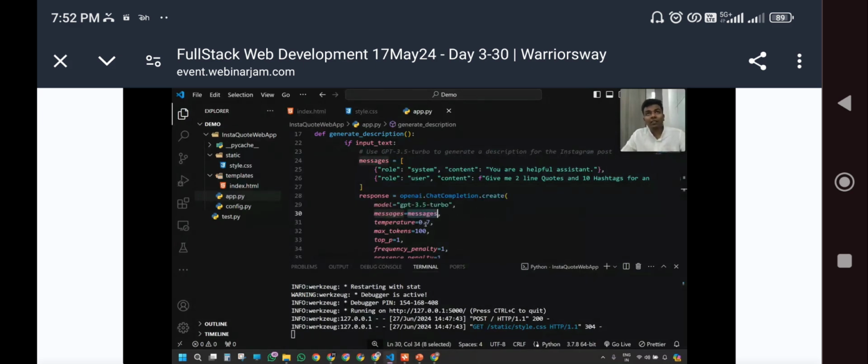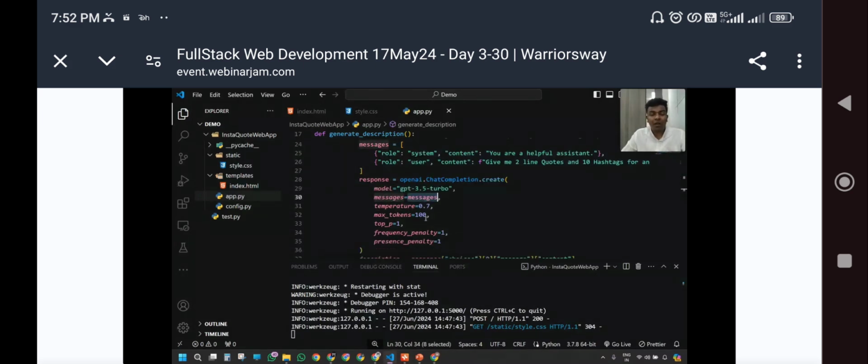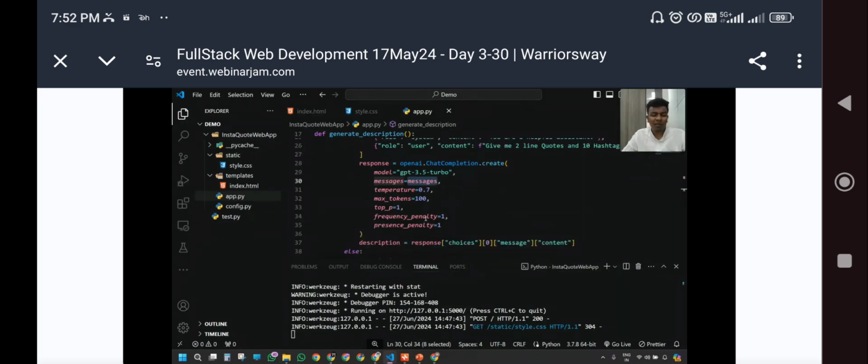And temperature 0.47 is nothing but a kind of creativity. If you put 0.1, it is going to give you results the same as your input. But whenever you increase the temperature, the creativity of the output is going to improve. And max tokens is 100, and there are top P, frequency penalty, presence penalty. Likewise, there are a lot of parameters, but for me it really worked well. So what you should do is go and read each and every parameter, like what the frequency penalty is and, if you change it, how our output varies. You can't observe a very drastic change, but somewhat. Other than that, these are all the parameters we have given.